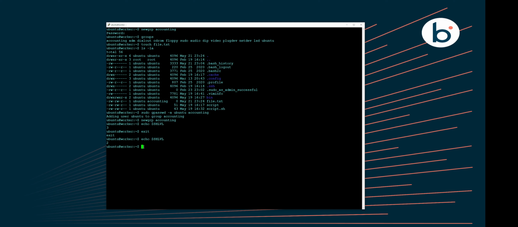If you want to delegate a group's operational duties to someone besides the superuser, you can assign an administrator to the group. A group administrator can change the group password and manage other members of the group. Let's make Ubuntu user an administrator of the accounting group. Let's type in sudo gpasswd -A ubuntu accounting